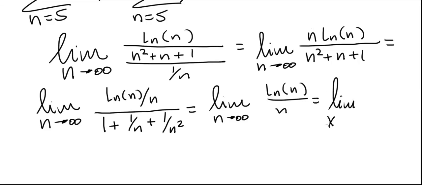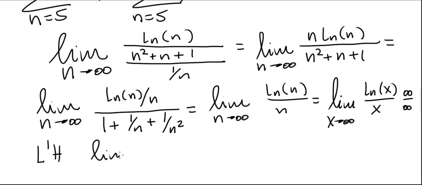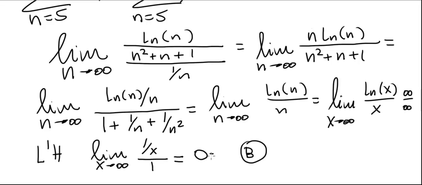and that's the same as the limit as x approaches infinity of ln of x over x, where these are continuous functions. We see that we have infinity over infinity as an indeterminate form. We can apply L'Hopital's rule, and this gives us the limit as x goes to infinity of the derivative of the numerator, 1 over x, and the derivative of the denominator is 1, so this limit is 0. So we are under case B if our L is 0, but in order for case B to work,